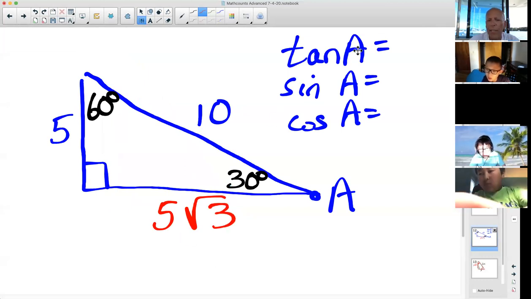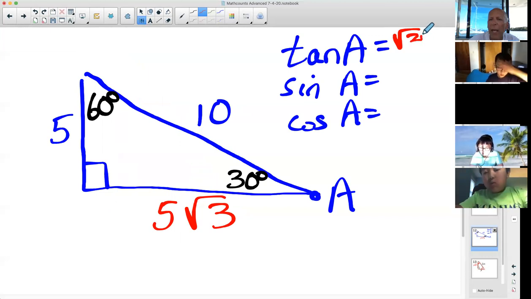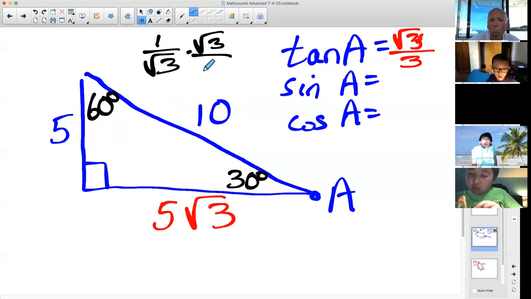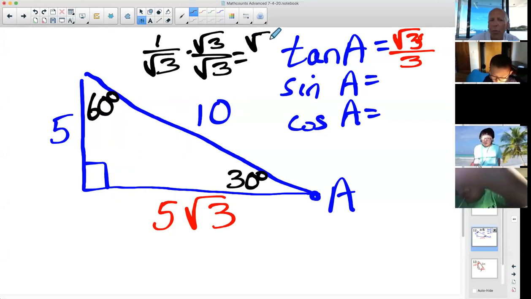And so therefore, the tan of A is what, everybody? 1 over square root 3, or square root 3 over 3. You've got to say so. Ray, do you see how it's got to be root 3 over 3? Because it's 1 over root 3, and we multiply it by 1, and that gives us root 3